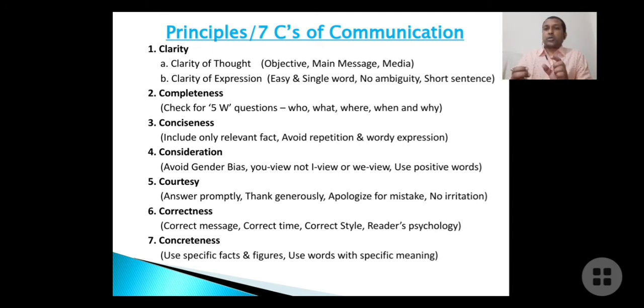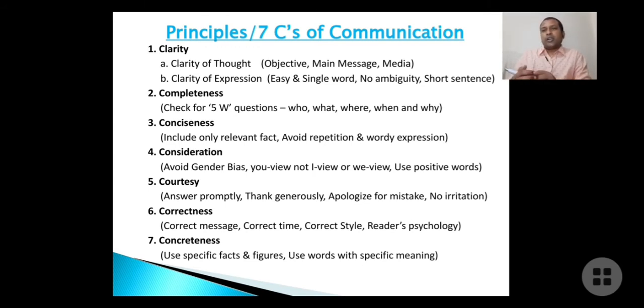ইজি, ছোট ছোট ইজি এবং সিঙ্গেল ওয়ার্ড ব্যবহার করতে হবে, এবং কোনো দ্বৈত মিনিং থাকা চলবে না, অর্থাৎ when a sentence tends to mean this side, left side, and when a sentence at the same time tends to mean in the right side. That is the ambiguity, অর্থাৎ দ্বৈত, অর্থাৎ ডাউট থাকতে পারে এরকম কোনো সেন্টেন্স মেক করা যাবে না। শর্ট সেন্টেন্স, ছোট ছোট সেন্টেন্সে ক্ল্যারিফাই করে দিতে হবে